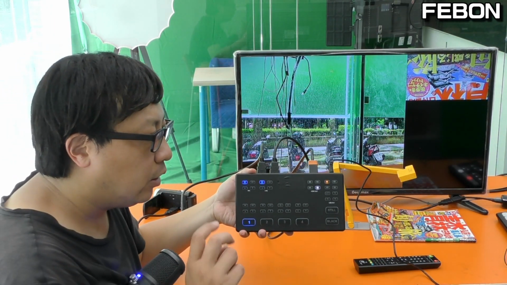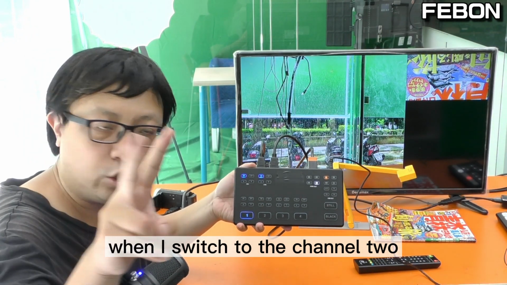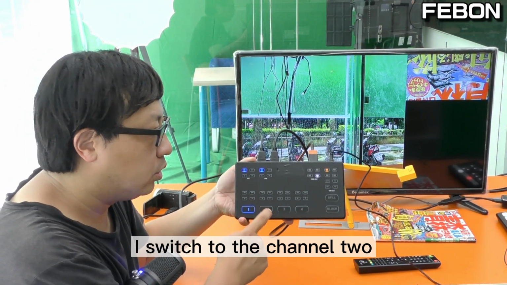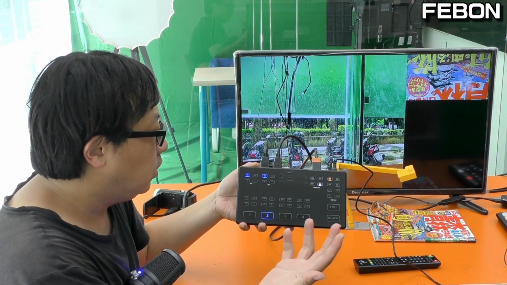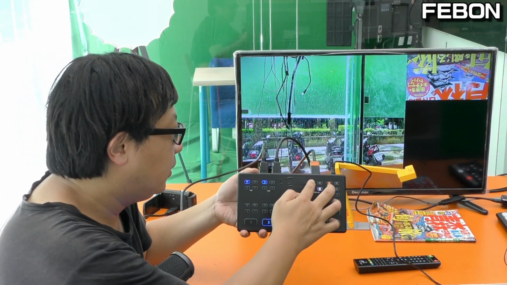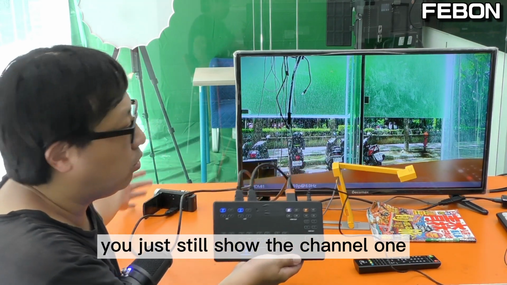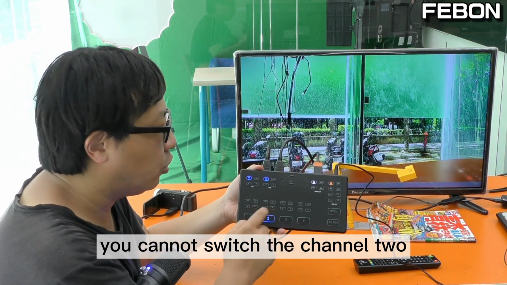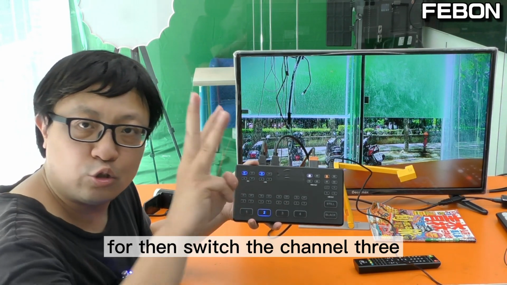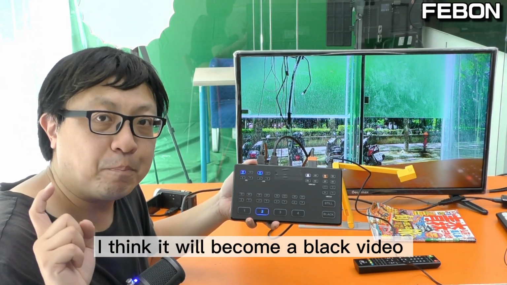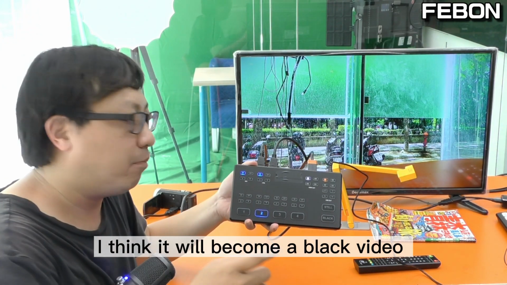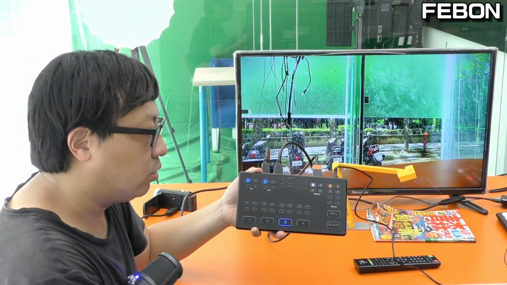But when I switch to channel 2, it does not have a video. Full screen, it still shows channel 1. It cannot switch to channel 2. When I switch to channel 3, I think it will become a black video, but no change.